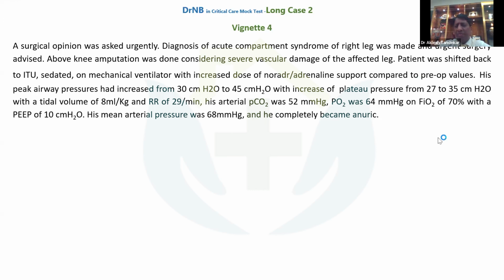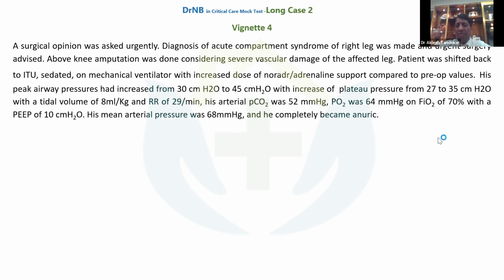Then this patient was shifted to ICU, sedated, ventilated, on noradrenaline support, on higher doses compared to the pre-op values. His peak airway pressure started increasing from 30 to 45, and plateau pressures rose to 35 from 27. We had to give tidal volume of 8 ml per kg, and respiratory rate was 29,